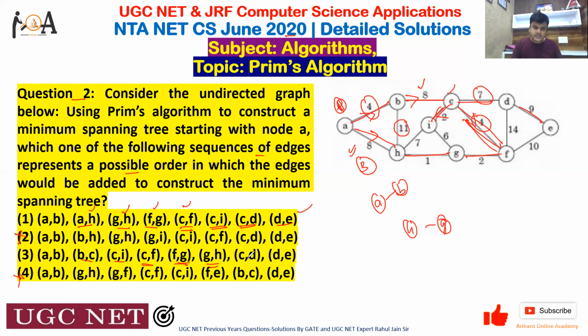And if you see option 3, GH is there, and then CD is there. Likewise, we are going like that, and thereafter they are choosing D and E. So option 1 and option 3 both are correct, because the algorithm is like that. We have to choose any particular vertex. Thereafter, we need to connect the minimum weighted edge one by one, so that all the vertices could be connected. So option 1 and option 3 both are possible cases, hence both are